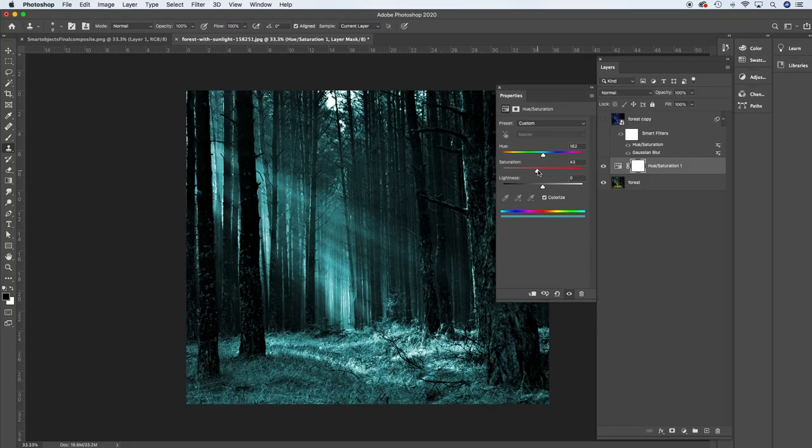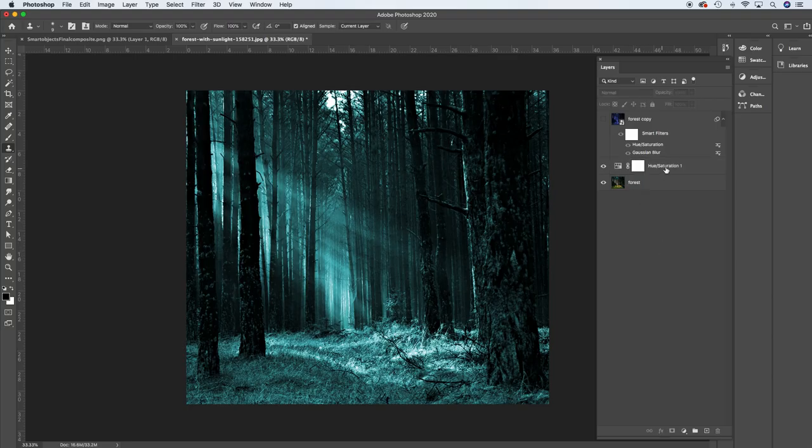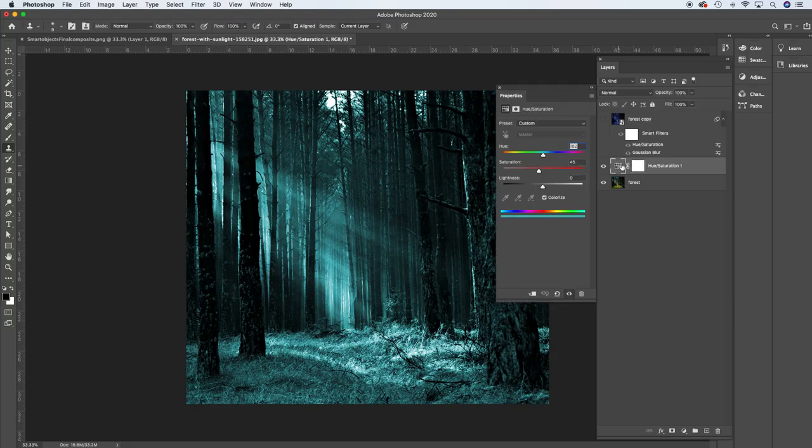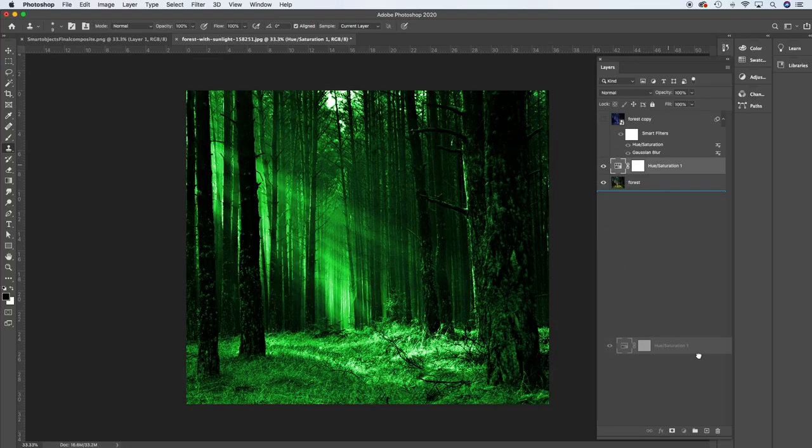So then when I go to colorize and I change this all around, and I'm being quite extreme here, but hopefully you wouldn't be that extreme with it. So I do that, and now if I wanted to, and I sent this to a client or something and they said, this looks ridiculous, can you please change it? I can say, yeah. I can go back, I can double click on it, I can edit how it interacts with the layer, I can go back to my properties and I can change the color again, or if I just don't know what I'm doing, I can get rid of that layer altogether. Okay, so